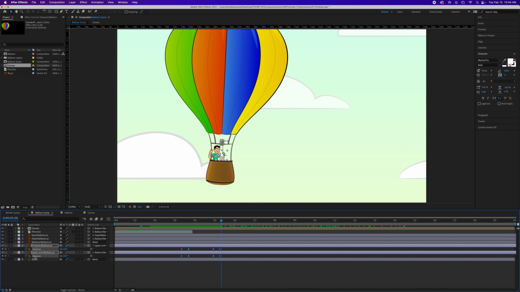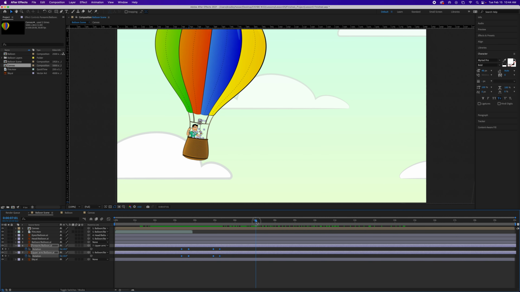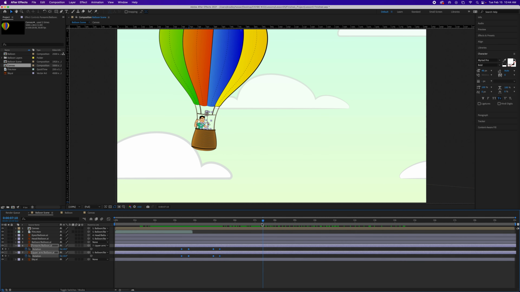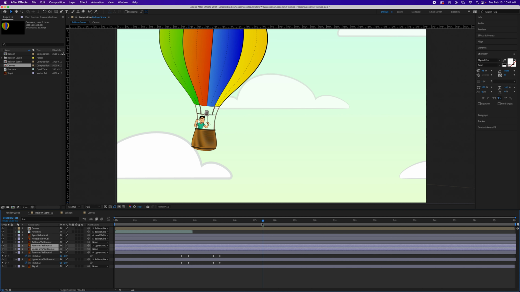So now we're going to take those and copy them. I'm going to hit Command C, which copies the keyframes. Now, as we work with it, it looks at the spacing between the keyframes. Wherever I move my playhead to, and then hit Command V to paste, it's going to paste the first keyframe in line with my playhead. So once I do that,